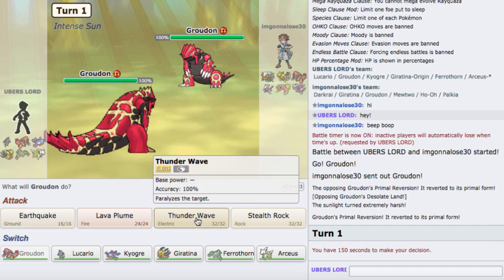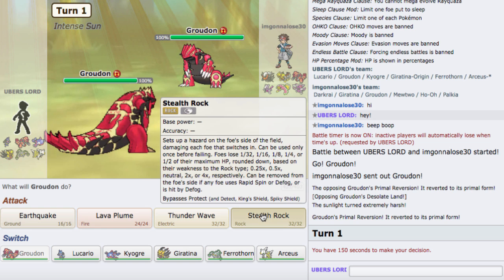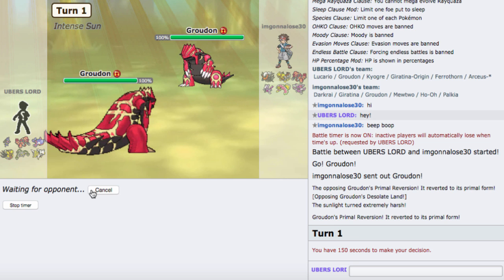Alright, he leads off a Groudon here, which is fine because I can just go ahead and get these rocks up. Rocks are nice. Rocks are very nice. Looking at his team, he's got a Ho-Oh and other stuff like that, so...